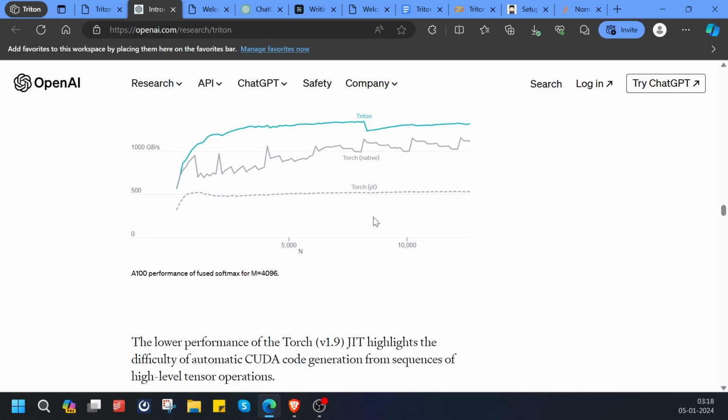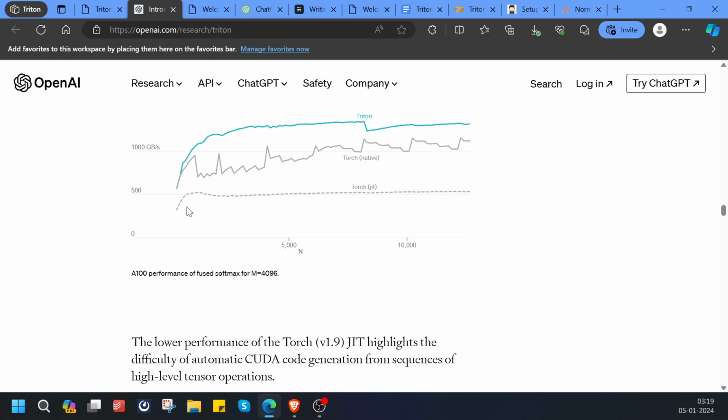TensorFlow 1 always built this computation graph, which PyTorch later added, and then TensorFlow copied over the eager stuff in TensorFlow 2 and all that stuff. But yeah, the compiler sort of figures out how to